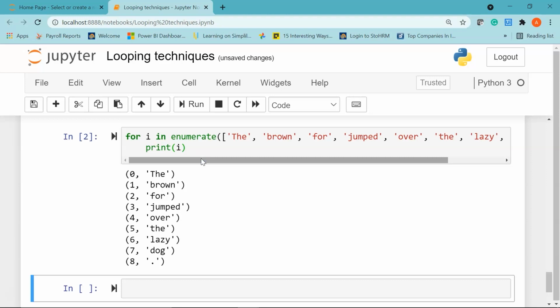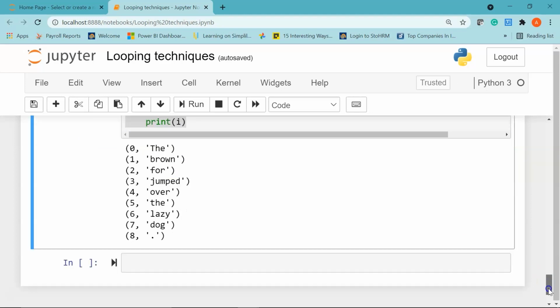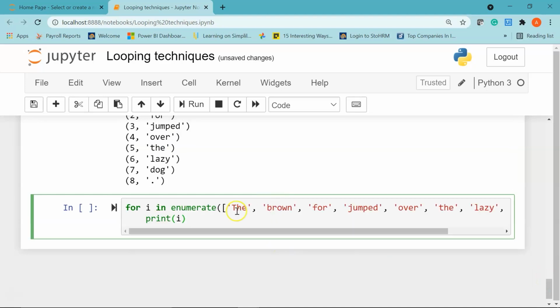Okay, now you can see here the result has been printed in the form of a tuple. I'll just copy the above code and paste it here. Now I'm going to replace i with key and value, and print also I'll say key comma value.